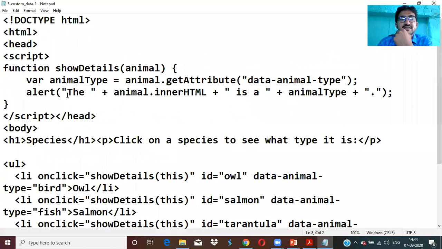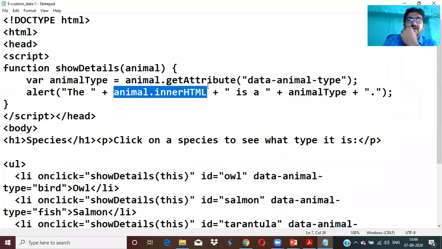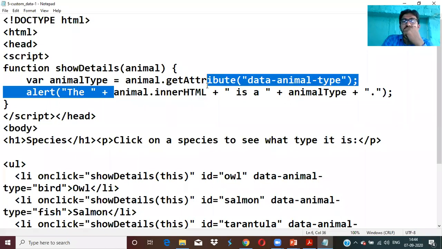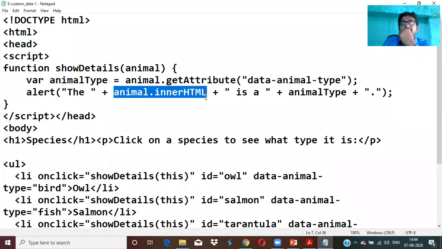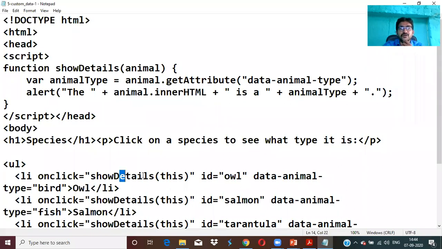It shows a message with animal dot inner HTML. Inner HTML means internally, for whichever line you have clicked, it will access animal dot inner HTML. What is this animal? For which you have clicked. Animal means this: show details of this. For example, if I click on oval, it will call show details of this.